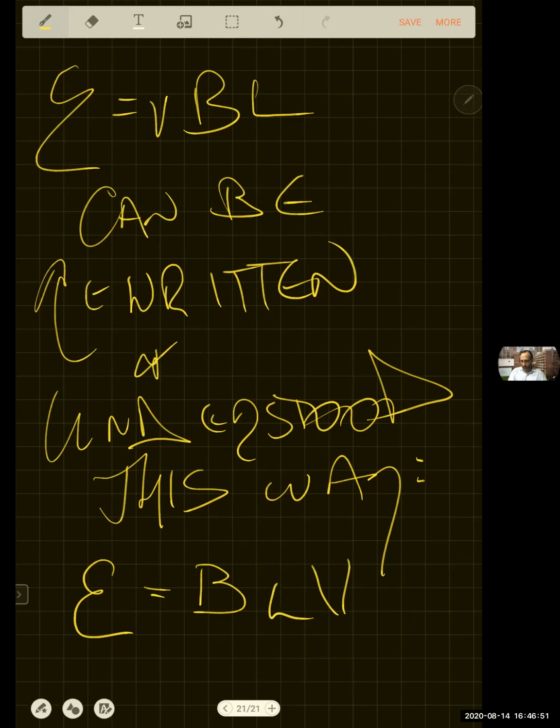Instead of writing VBL, we could write BLV. I mean, duh, multiplication is commutative, but what's BLV? If I step back from it a second, BLV actually looks like something familiar. Remember, we're doing all this stuff with magnetism with closed loops, because closed surfaces didn't get us anywhere with magnetism. The flux through a closed surface was always nothing due to the nature of magnetism. So the flux, the total amount of field lines through an area, didn't do any good for us when our area was closed. But look, what we have here